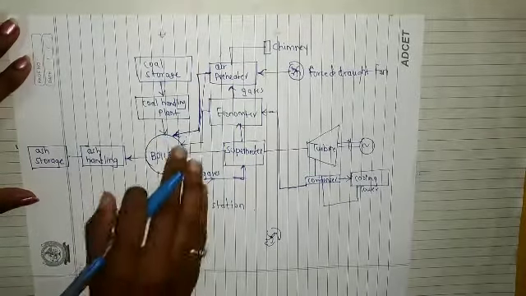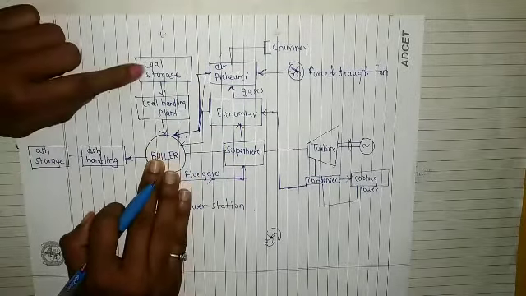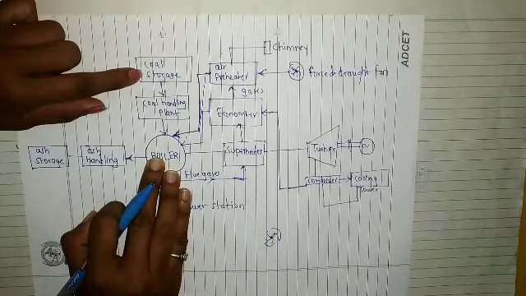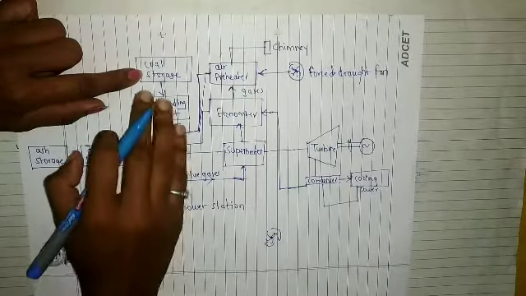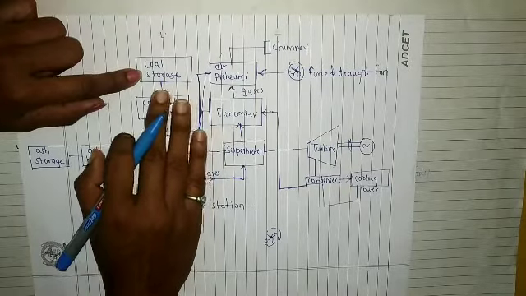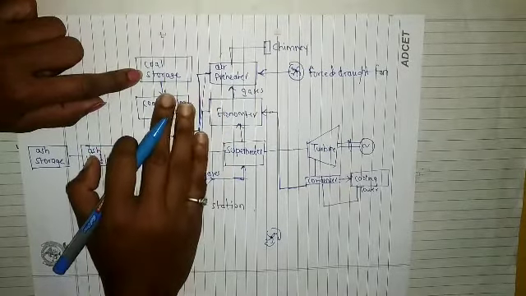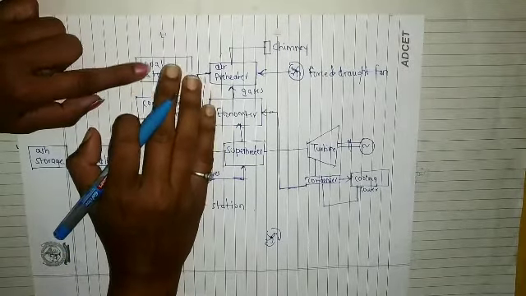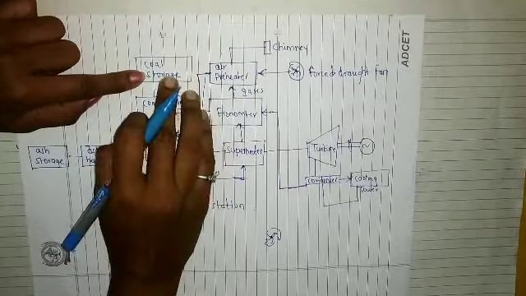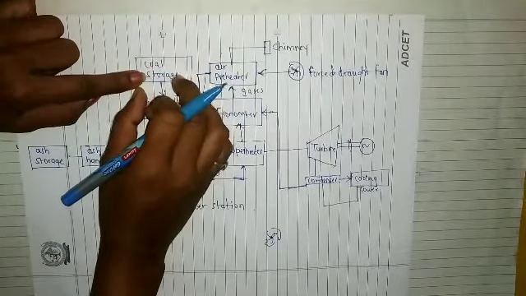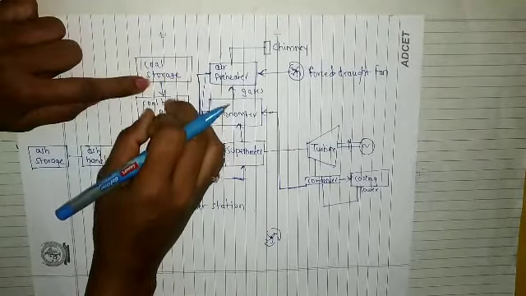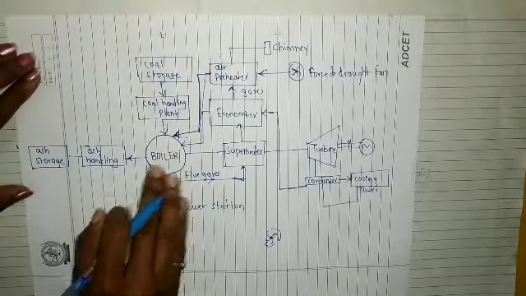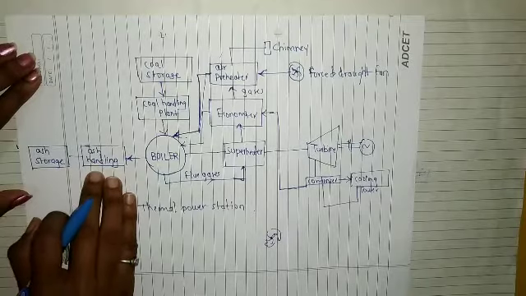So first, here is the boiler, and here is the coal storage, right? We have to get the coal from the coal mines. Whenever we get the coal from the coal mines, we store it here in the coal storage. And then with the help of a conveyor belt, this coal is transferred to the boiler. Now we will see ash storage and ash handling.